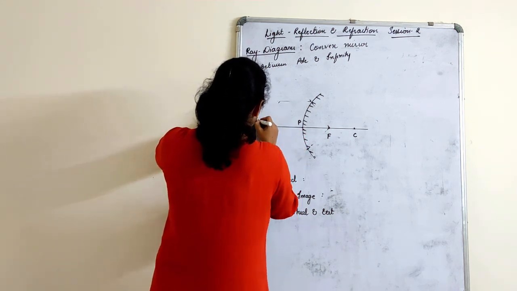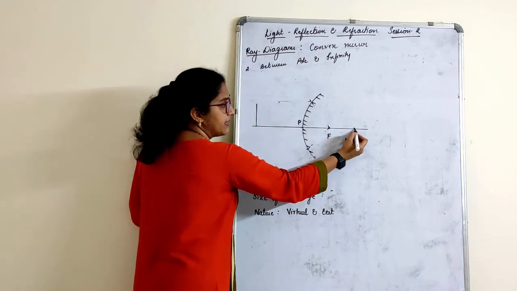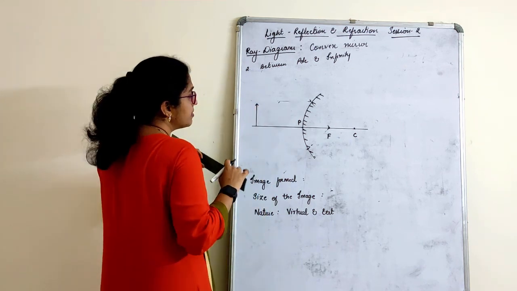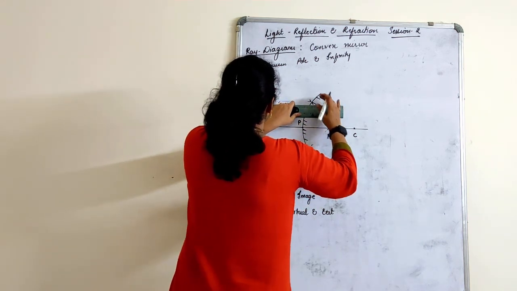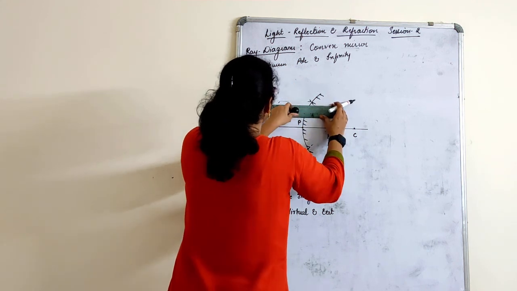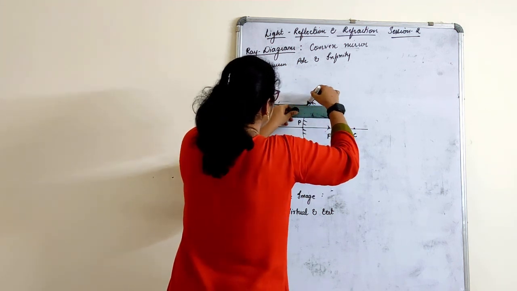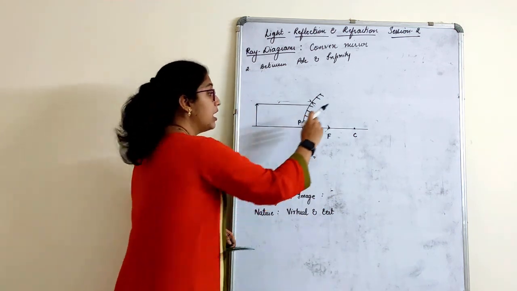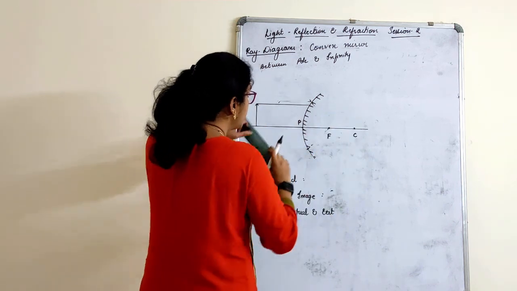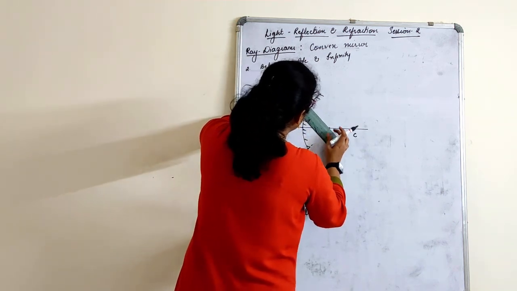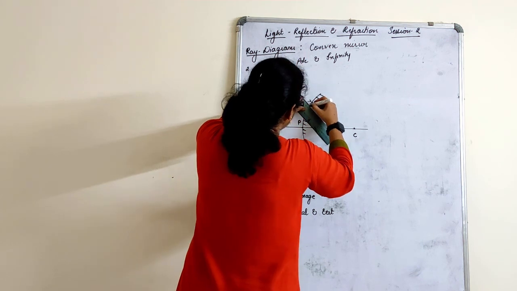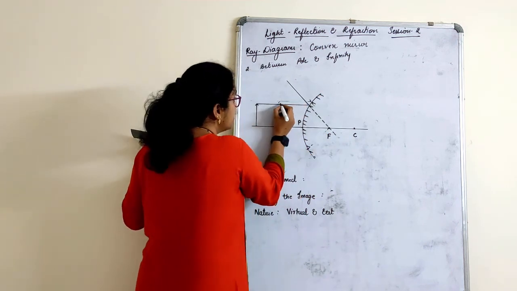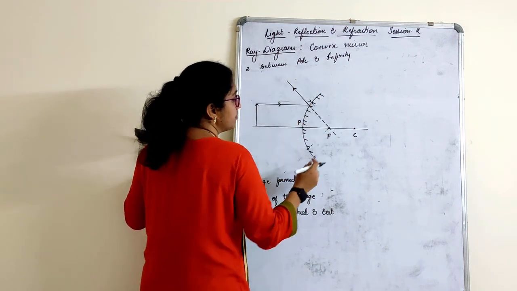Again, you know the same rules, how you draw. Same thing, children. From pole I have taken this as 4 centimeter, 2 centimeter, 2 centimeter. Okay, this is my object. I will bring it back here. So when you bring it here, the same rule applies. It comes in such a way that it will diverge. How will it diverge? If you produce them backward, it will actually meet through F. Okay? Arrow mark, arrow mark. First rule is done.